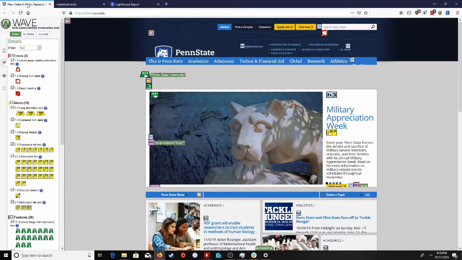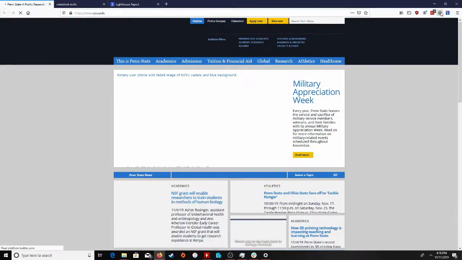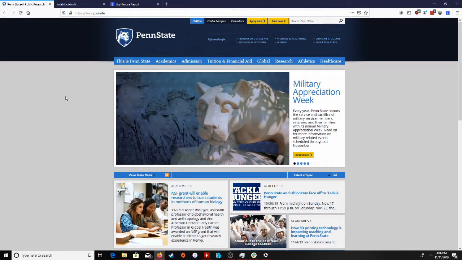So that's Wave and Lighthouse. If I click this Wave icon again, it will actually just go away and reload the page. So that's as easy as that. So just to sum everything up, accessibility is becoming increasingly important, and having tools like Wave and Lighthouse to audit the page are quite useful, because it's, I don't want to necessarily just say hard, but it can be sometimes